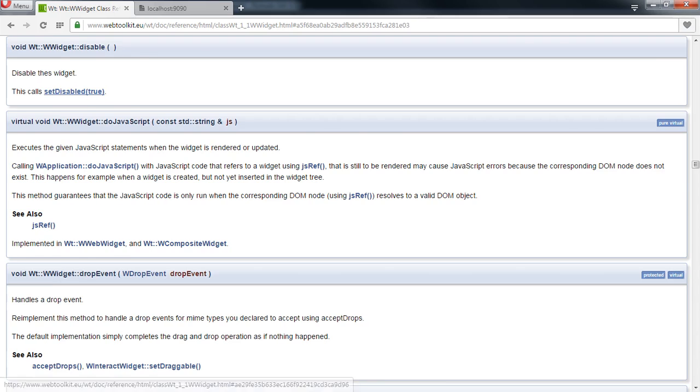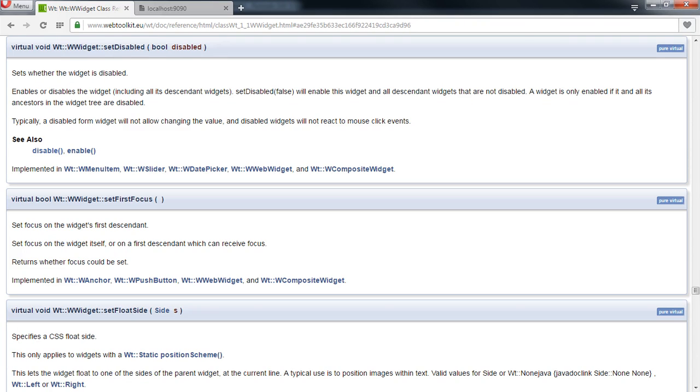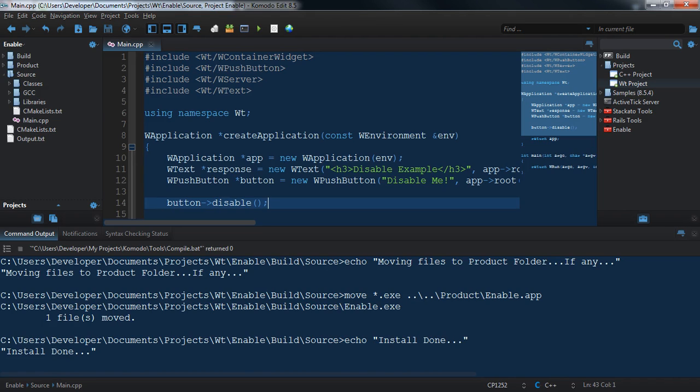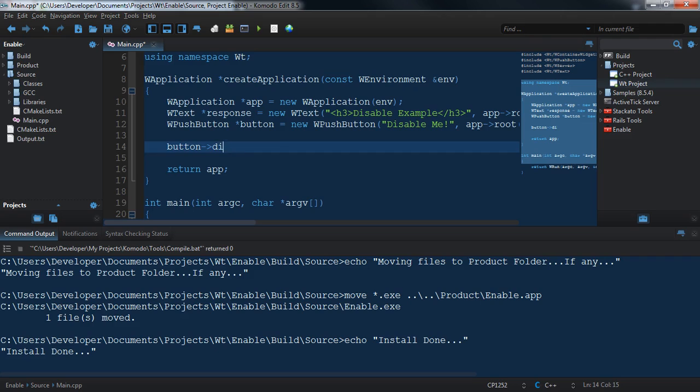And if we go to the other method, which is what this really calls, it says you can either call this or set disabled. And it says typically a disabled form widget will not allow changing the value, and disabled widgets will not react to mouse click events. That is generally true. I've seen some cases with WText where it is not true, but for the most part that works. So if we go ahead and get rid of this,